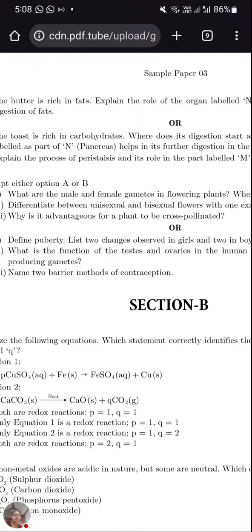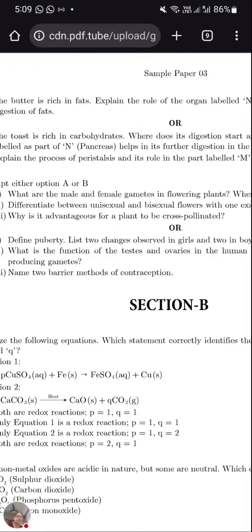For chemical method, oral pills, which is taken by the female, and next one is copper T, which contains the copper T-shaped device, which will make the sperms infertile. And coming to barrier method, condom is used by male and diaphragm is used by female. And third one, surgical method, tubectomy and vasectomy. Tubectomy is carried out in female, where a small piece of the fallopian tube is cut and removed. In male, vasectomy, where a small piece of the vas deferens is removed so that the sperms will not move further.